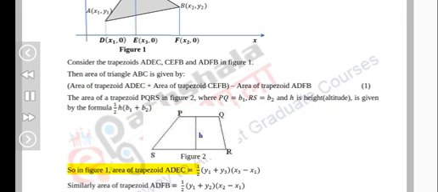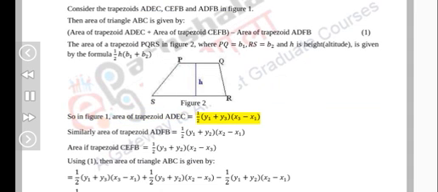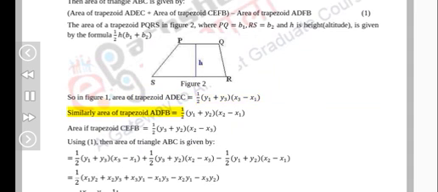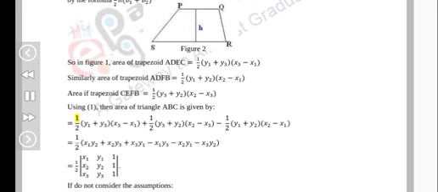So in figure 1, area of trapezoid ADEC equals 1/2 (y1 plus y3)(x3 minus x1). Similarly, area of trapezoid ADFB equals 1/2 (y1 plus y2)(x2 minus x1). Area of trapezoid CEFB equals 1/2 (y3 plus y2)(x2 minus x3). Using these, area of triangle ABC is given by 1/2 (y1 plus y3)(x3 minus x1) plus 1/2 (y3 plus y2)(x2 minus x3) minus 1/2 (y1 plus y2)(x2 minus x1) equals 1/2 (x1 y2 plus x2 y3 plus x3 y1 minus x1 y3 minus x2 y1 minus x3 y2) equals